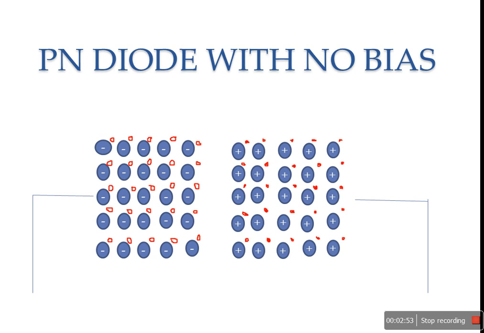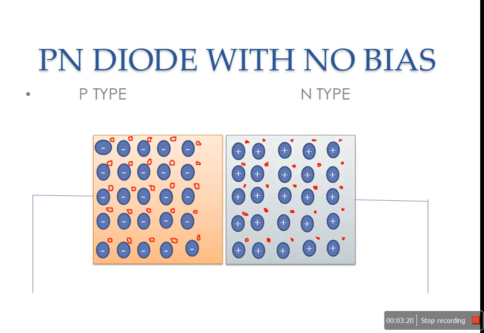So p-type region is having the holes. These are the holes, so holes are majority carriers, and the negative acceptor impurity ions, and this is the n-type material. So here in the n-type material we are having these electrons and the positive donor ions. So here p-type and n-type materials are taken and the junction is formed. So this red color line indicates the junction.